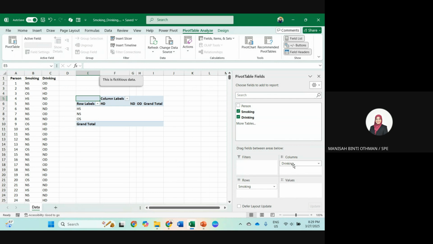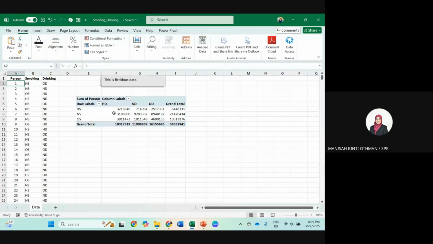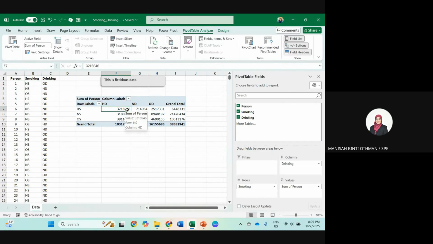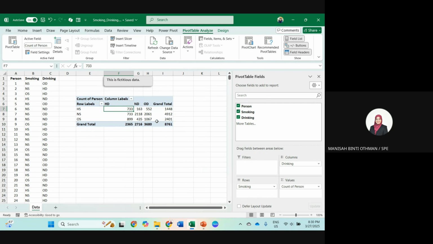It doesn't matter whether you put smoker in rows and drinking in columns, or drinking in rows and smoking in columns, it depends on you. For the value, just click person here and put it down there. Because this is a total of numbers, instead of sum, we right click and change it to summarize by count: numbers of heavy smoker and heavy drinker.